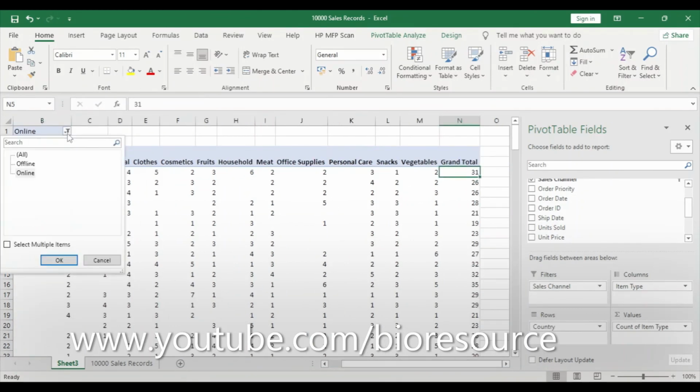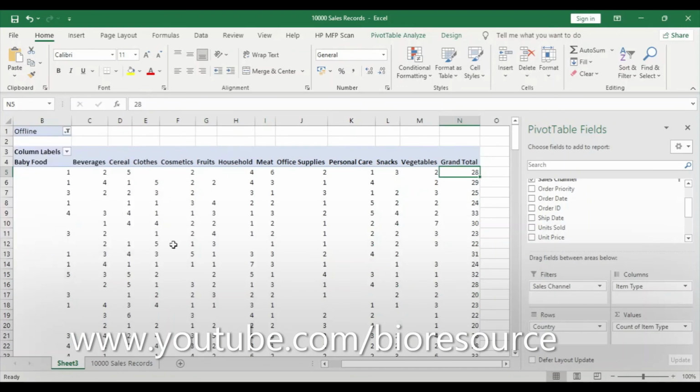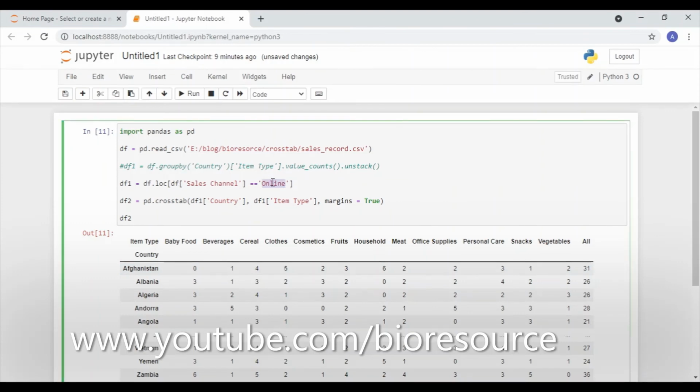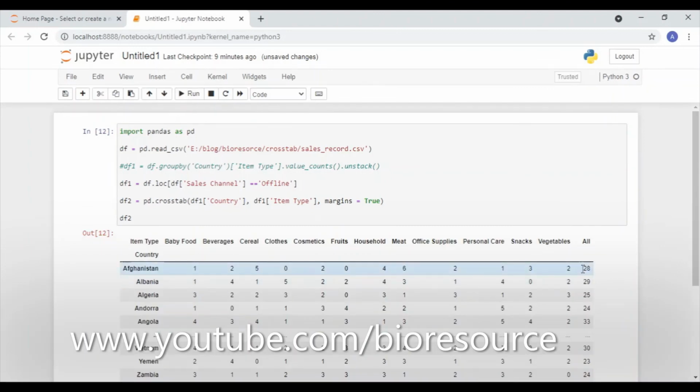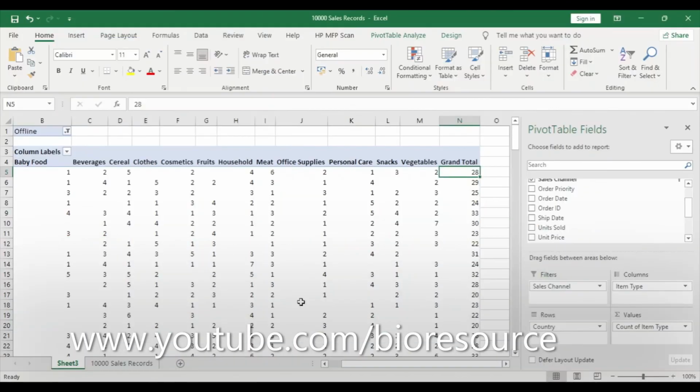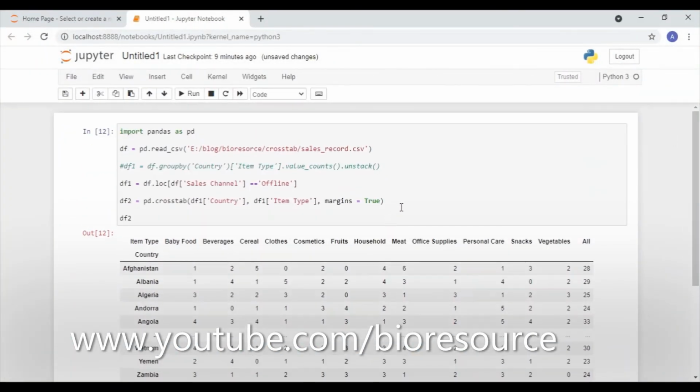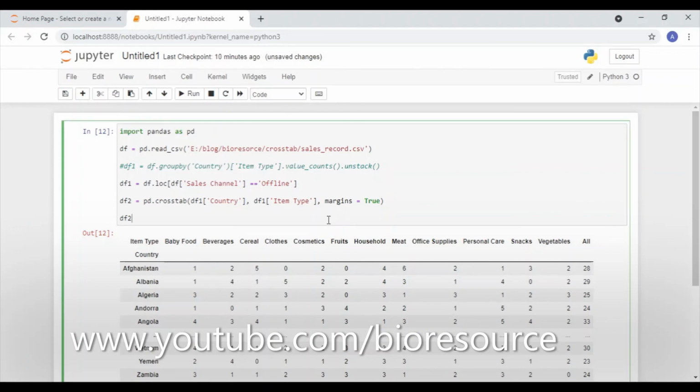Now simply for changing this we can select offline, and the same can be applied there also, and we can just check. Now if you run this, you will get the similar data 22, 28 in the all section. Yes. So that's how we can use this using a simple few lines of code. We can get the data into a meaningful format, and the same thing can be saved into Excel file or the CSV using to CSV command.